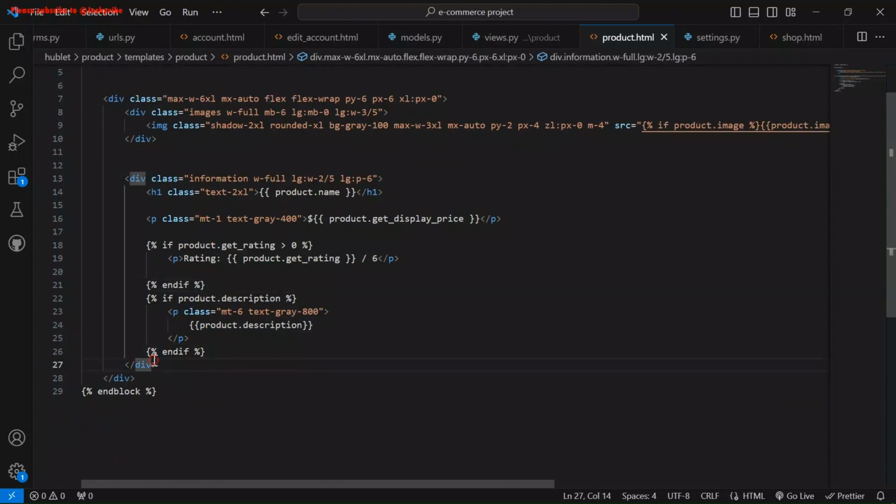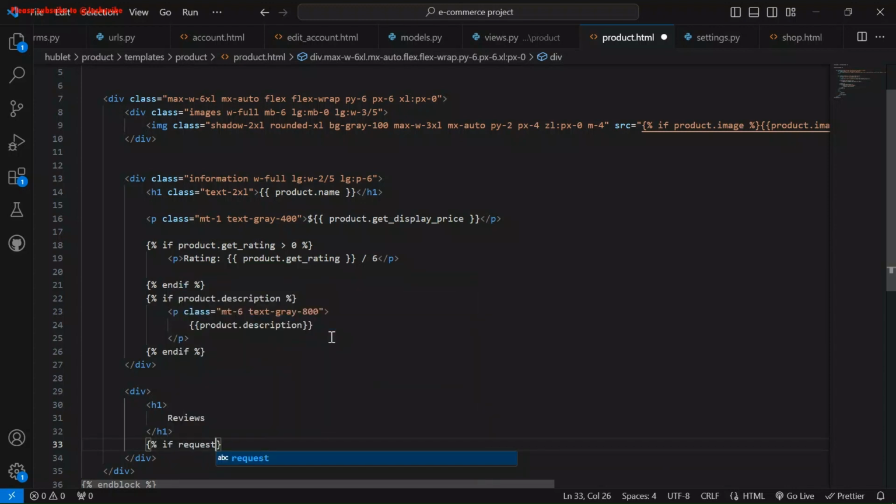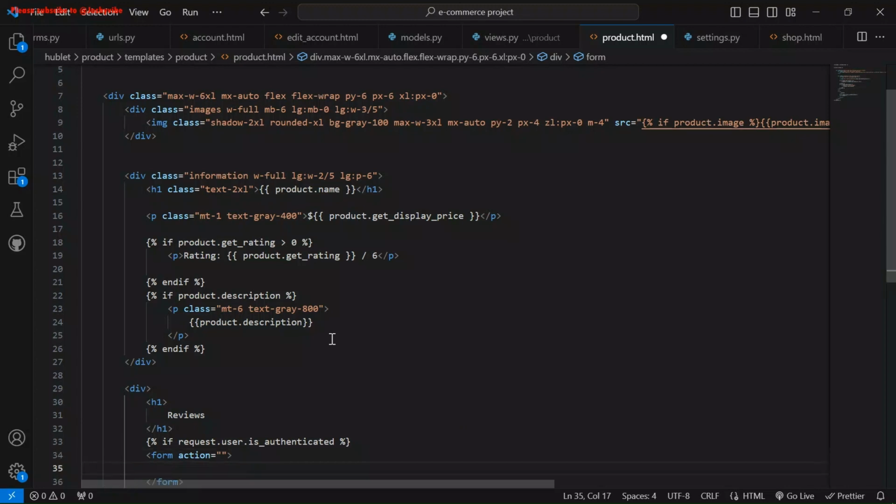Now down here is where the real work is. I'm going to first of all create a div. Inside this div I will create another header, and inside this header I'm going to call it reviews. I will now use if statement, if request.user.is_authenticated, show rating form. There's the form. Inside here we're gonna add CSRF token as usual,